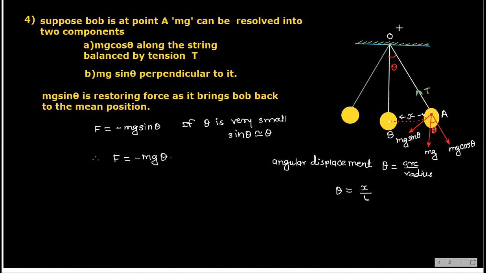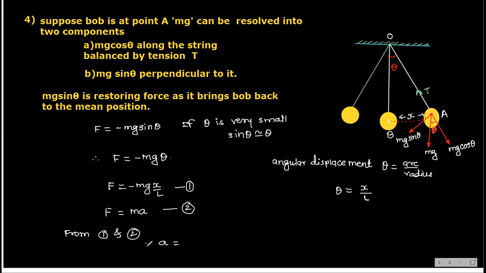Now, if I replace this theta here, I get F is equal to minus mg into x by L. Now I will call it equation number 1. Now suppose F is equal to ma, then from equation 1 and 2, can I write A is equal to,